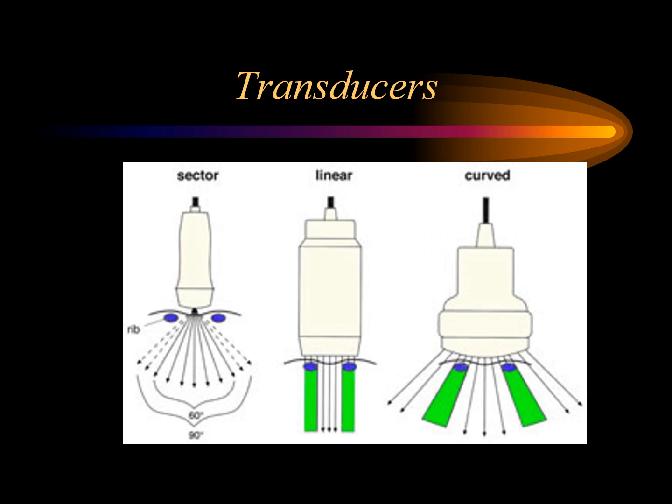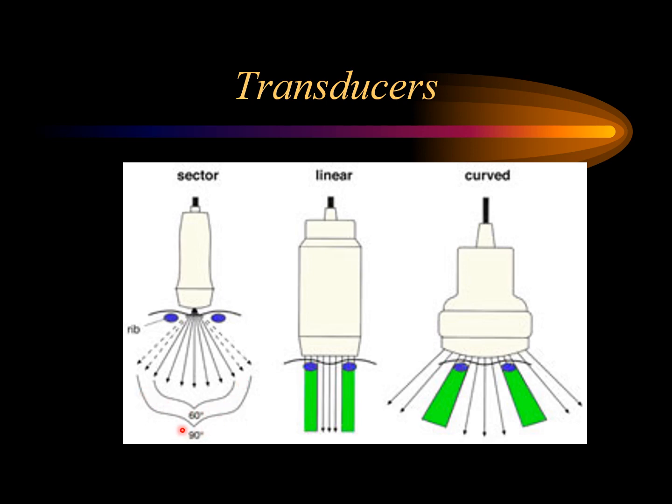So this is an image showing different transducers and their faces in order to scan through structures such as the ribs. So for example, this first one is a sector transducer, which is often used for cardiac imaging. Up by the heart, we have ribs there that we have to work around. We're not able to see through the ribs. So as you can see, this transducer face is very small and can fit in between the ribs. It has a very narrow near field, and then the far field fans out, so we are able to see